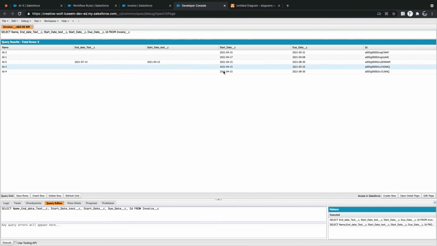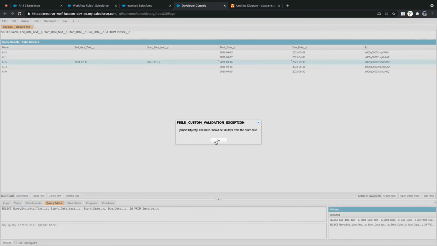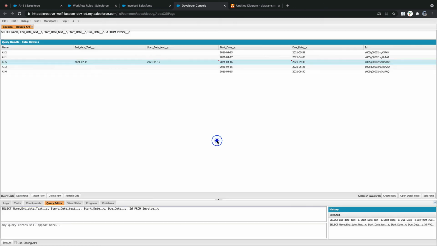Let's say if I modified date 15 to date 16 and 9 to 30, I can edit it. Save. Oh, it should be 90 days after the start date. No, yeah, I can't do it. Leave it. It would be tough. Okay, as soon as you modify, the dates will also update in this place, right? So now, if I don't have a validation error, that will be saved.